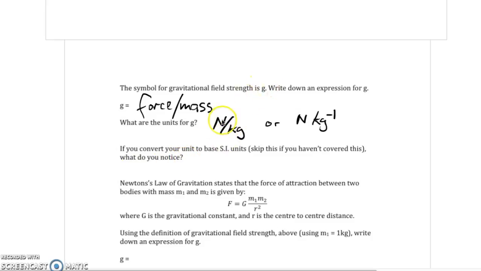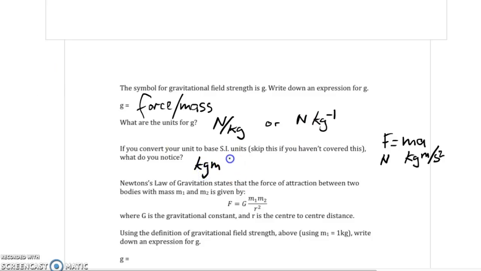Now actually the newton is not a base unit. So if you think of the formula F equals ma, you can see that the newton is actually equivalent to a kilogram times a meter per second squared. These are all base units: the kilogram, the meter and the second. So if we substitute that in for the newton here, we'll end up with kilograms,